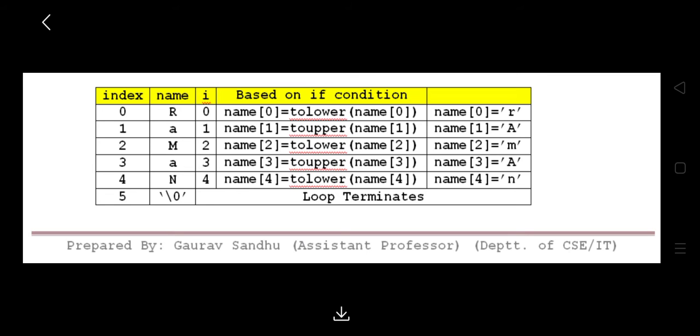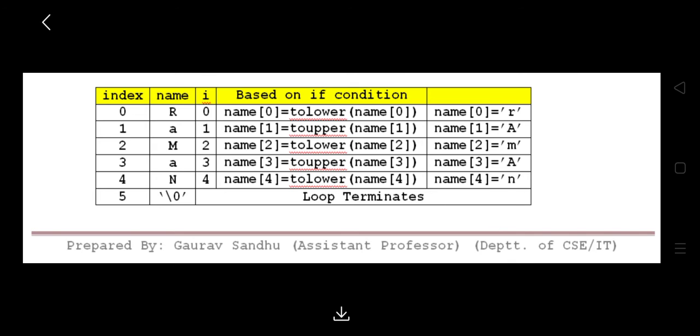Now because of the for loop, the word Raman will be broken into individual characters. Now if the character is in lowercase, it will be converted into uppercase. If the character is in uppercase, it will be converted into lowercase. If you see the extreme right hand side column of the table, you can see whatever character was in uppercase for the input has now been converted into lowercase, and whatever character was in lowercase has been converted into uppercase. Now let's take an example for i is equal to 2.